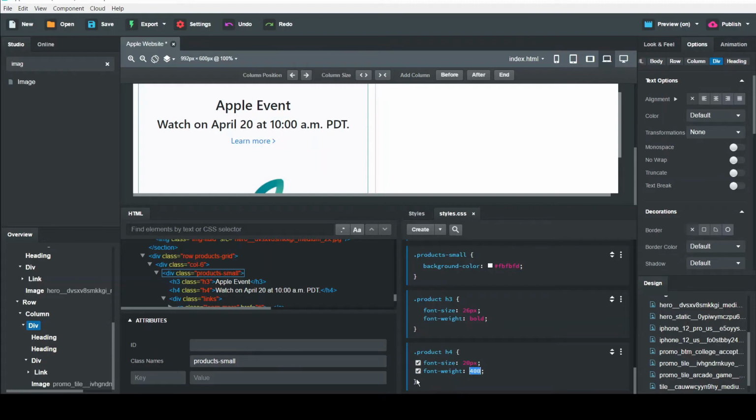The class name is product small. Yeah, it's changed. Now it looks good.